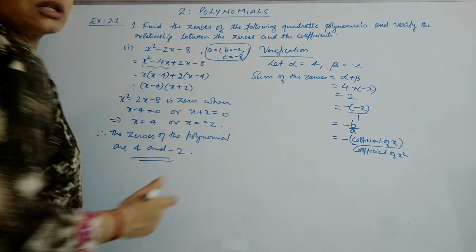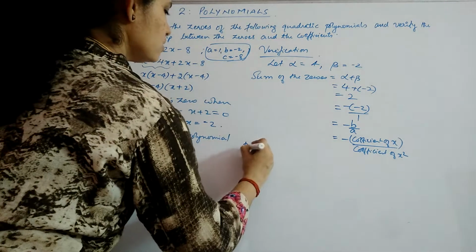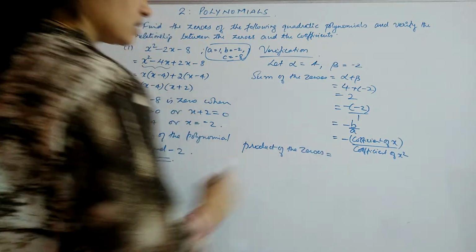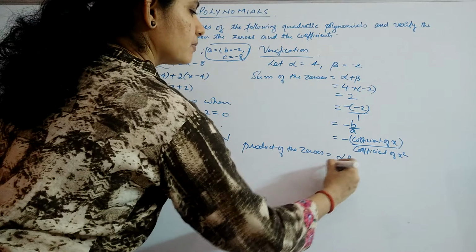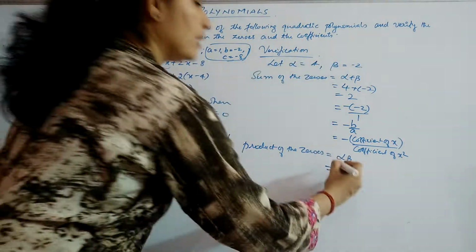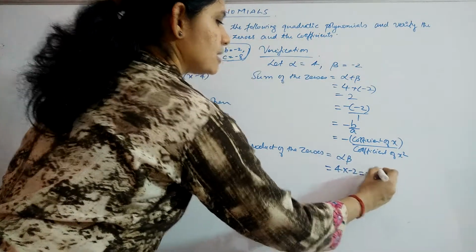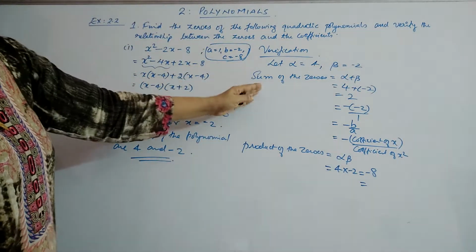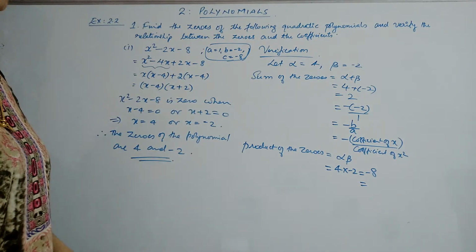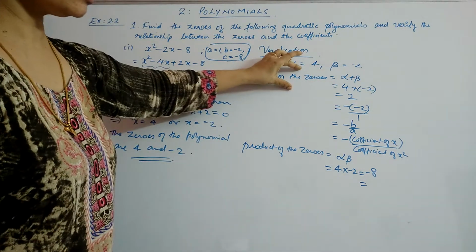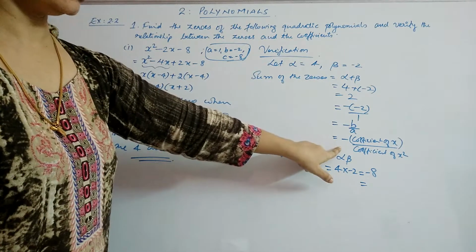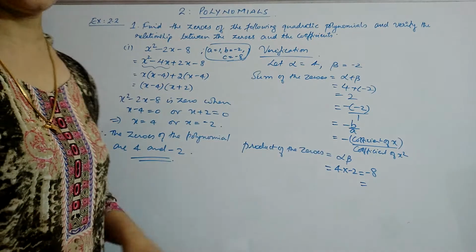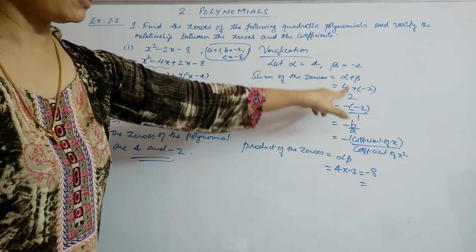Okay, next is, you have to find out the product of the zeros, which is equal to alpha beta, which is equal to 4 into minus 2, which is minus 8. Now you can just separately do this and tell that they are equal. Okay, you can find out sum of the zeros, stop here, and then you can start with this one, minus b by a. If both are coinciding, you can say that sum of the zeros is equal to this one, or else you can just take from this side and reach here.